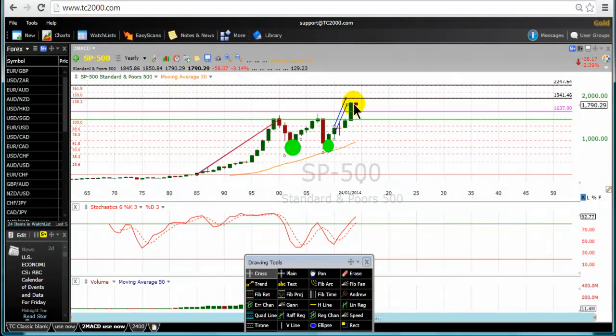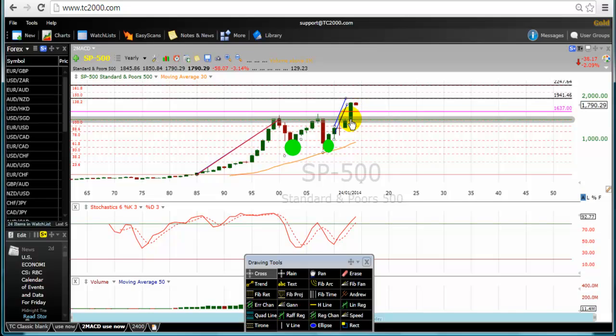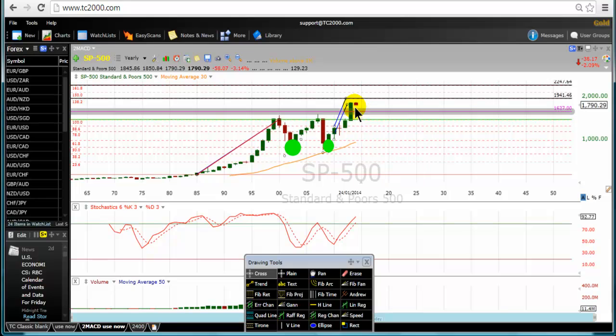So this is it. If it finds a resistance below the high of 2013 and starts going down, we must pay attention to the median line of 2013 at 1637. If that level falls, well, the next level is 1450, which is the major resistance that has been taken out here. So if we go above the high of 2013, which is at 18449, and start going up, remember,